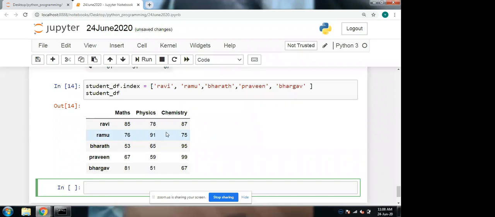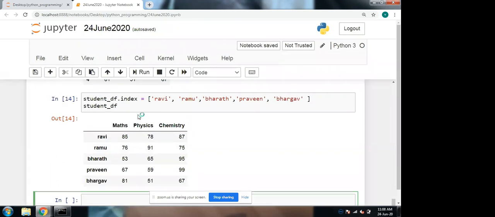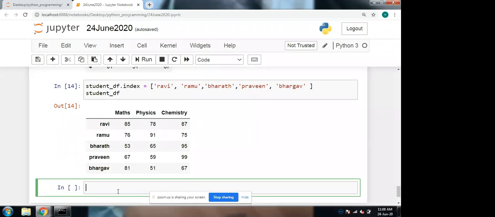Suppose I want all subject marks of student Praveen. I want the marks of all subjects of student Praveen. So for that, we need to access row data.